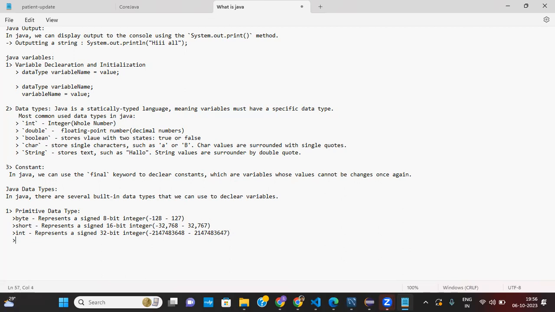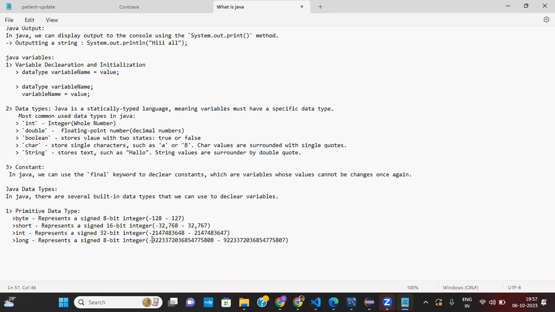Next we have long. It has up to 19 digits, from negative 9,223,372,036,854,775,808 upward. This is the range of long.